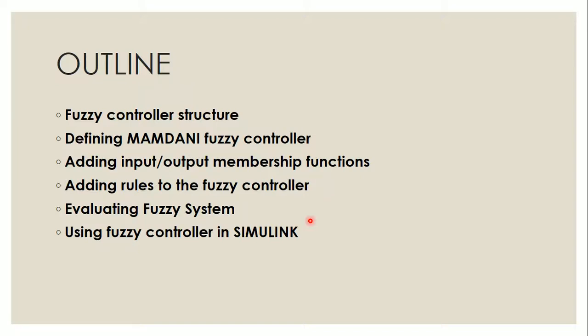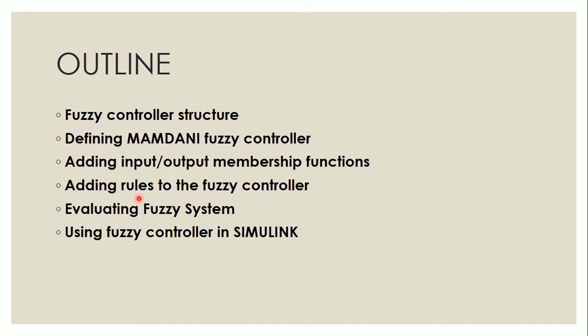Till now we have discussed certain points about designing a fuzzy controller structure in MATLAB using text-based coding. We have discussed how we can define the Mamdani type fuzzy controller structure, how we can add input and output membership functions to different input and output linguistic variables of the fuzzy system. And we have also discussed the different ways of adding membership functions in the system. There can be different ways by which you can choose to do that.